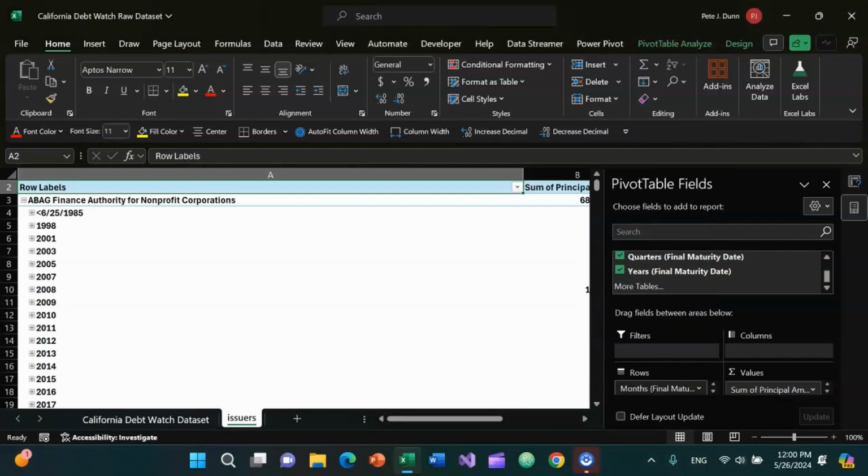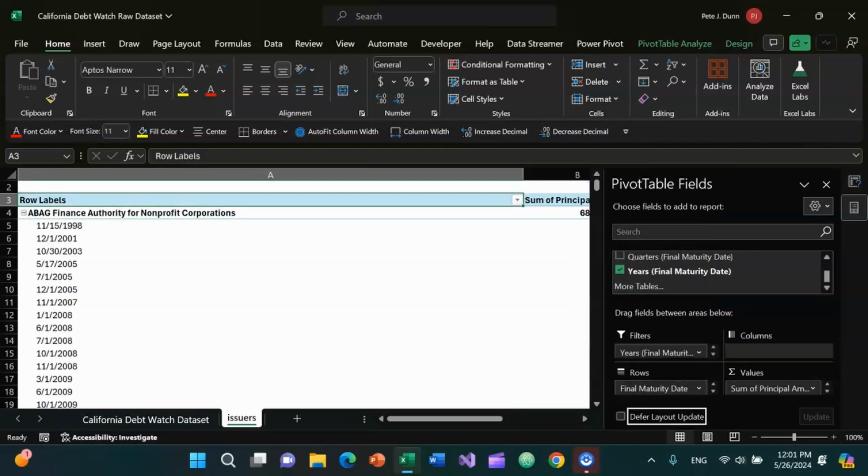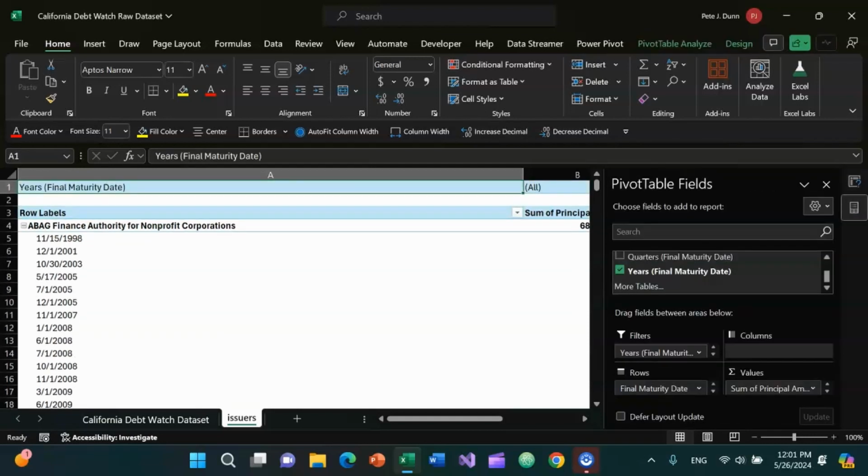I'll remove the months field, the quarters field, and years, I'm going to move that to report filters. Now I have a pivot table